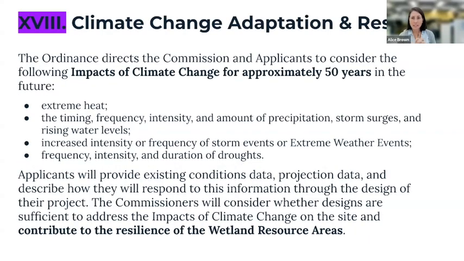The climate change adaptation and resilience regulations broadly apply to almost all of the projects that are going to come in. The level of detail may vary by the size of project, but we want the project proponents, when they're submitting an application, to be considering how impacts of climate change will affect the project moving forward. Those impacts include things like heat, types of water flooding, whether it's falling from the sky or coming at you from the ocean, as well as drought. So it's where there's more water and also where there's less water.